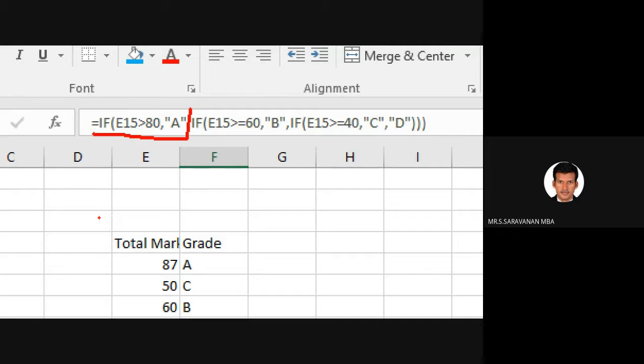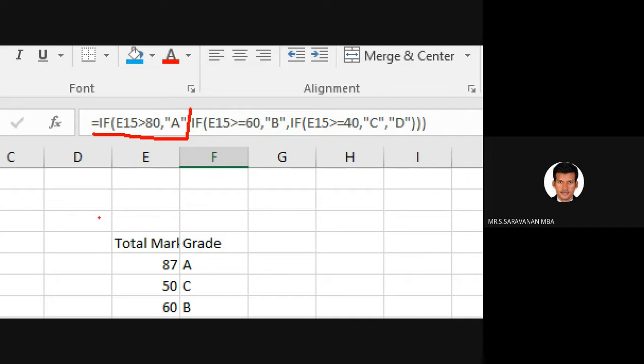So if I want to rank a person, or if you want to rate information, this IF function can be used. I have given only 3-4 students' data. If you have hundreds of students and you want to grade them, this is the easiest way.